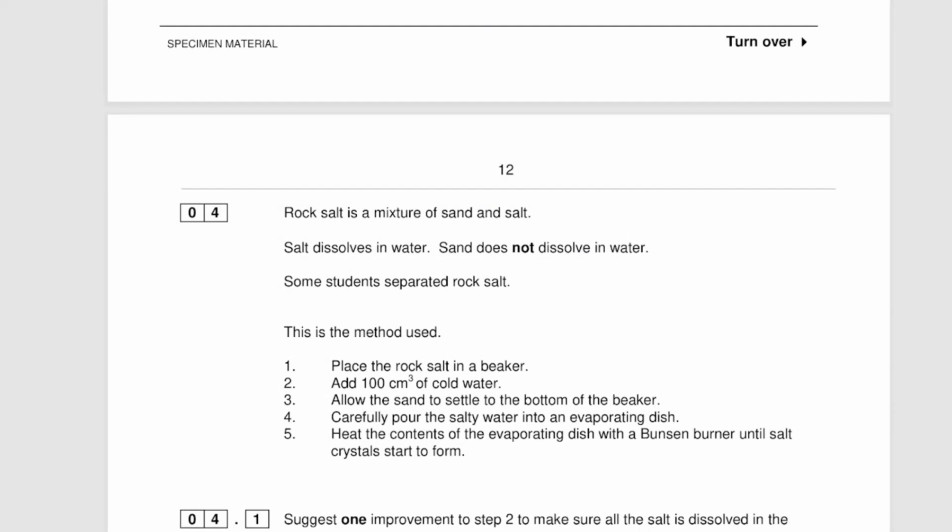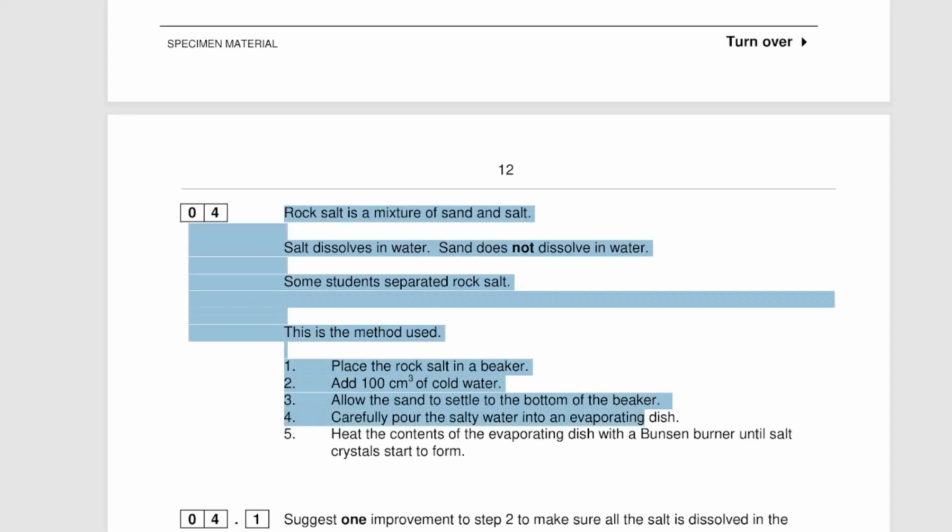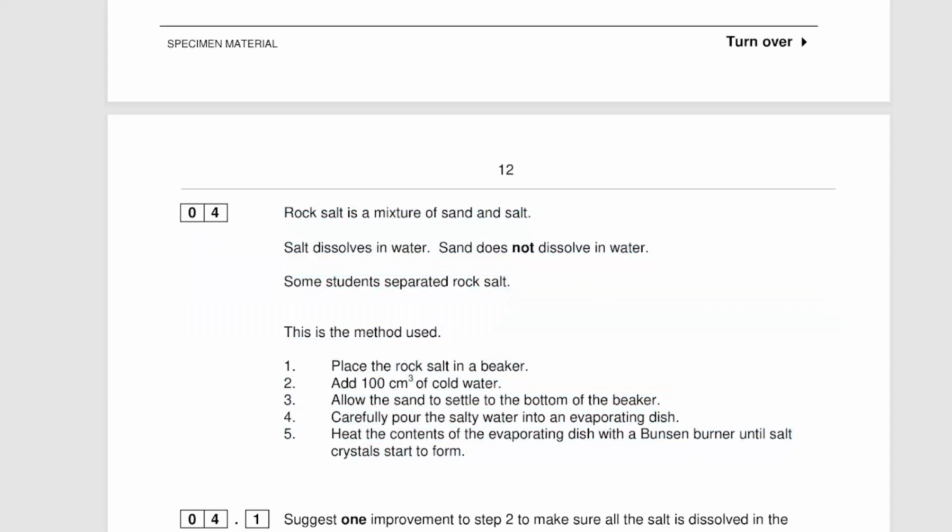Next up, for question 4, we're given a few steps about the process of a student separating rock salt, just separating the rock and the salt, and we're just given the process, and we're asked to suggest one improvement to step 2, which is to add 100 centimetres of cold water to make sure all the salt is dissolved. Now, I don't know if you guys have probably had coffee, or at least very few of you would have done. But one improvement is that if the salt is dissolved in the water,